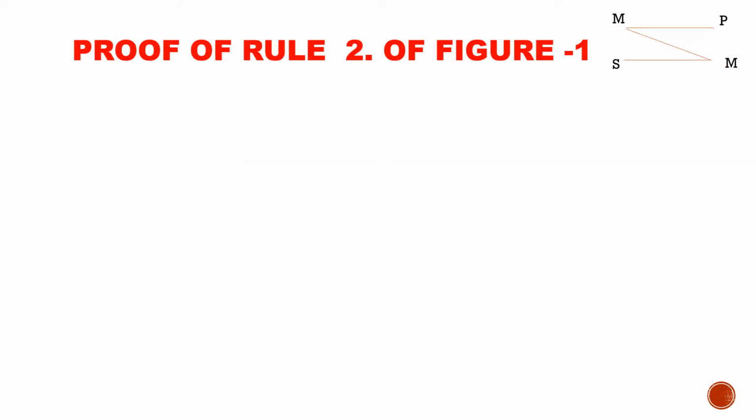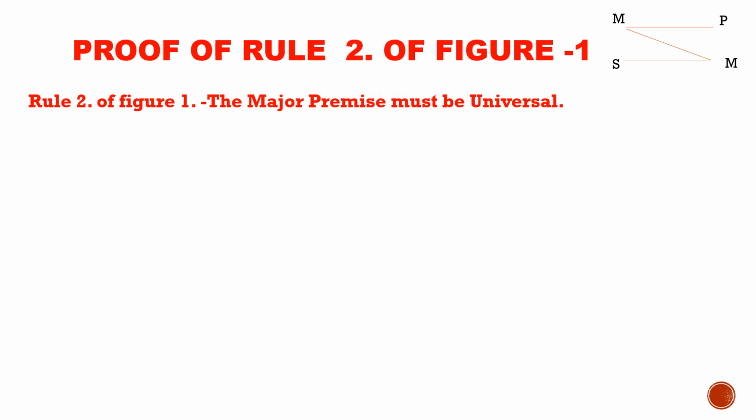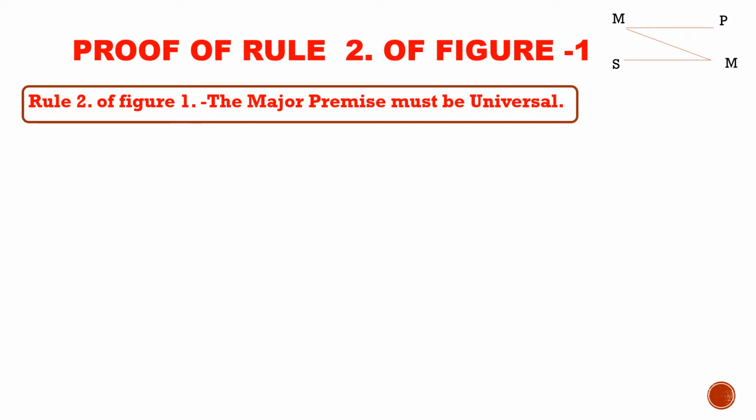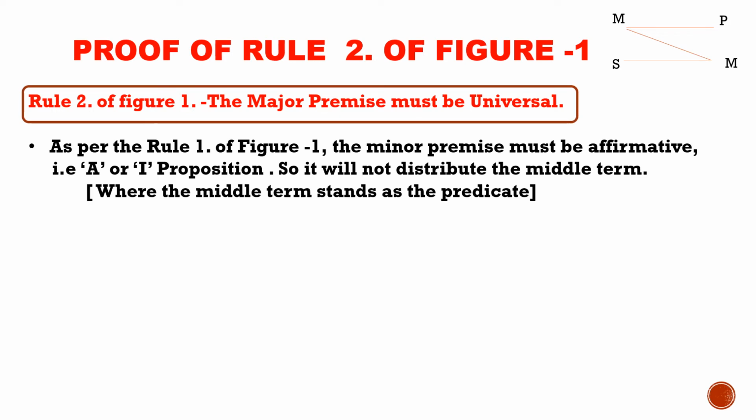Now we'll prove rule 2 of figure 1. What is rule 2 of figure 1? That the major premise must be universal. This has to be proved, but as per rule 1 of figure 1, the minor premise must be affirmative. This has been proved. So it must be either an A or I proposition. If it is an A or I proposition, that is an affirmative proposition, then the minor premise will not distribute the middle term. Why? Because in the minor premise, in figure 1,